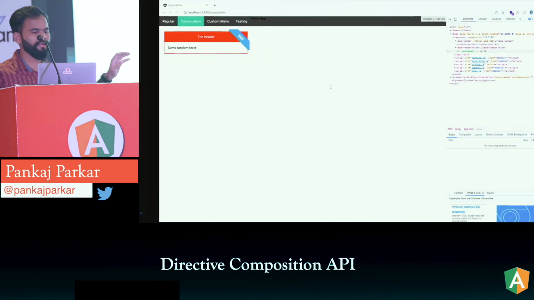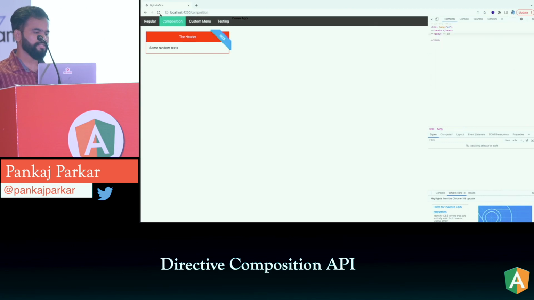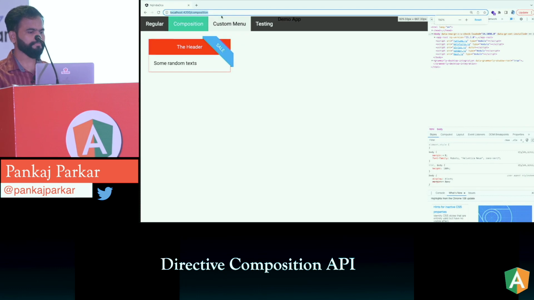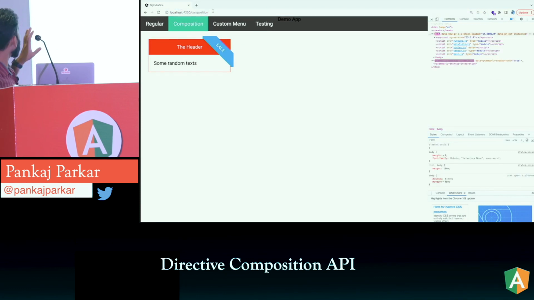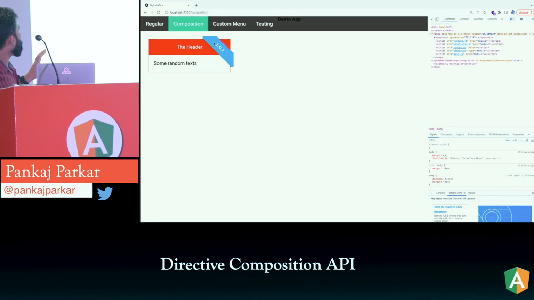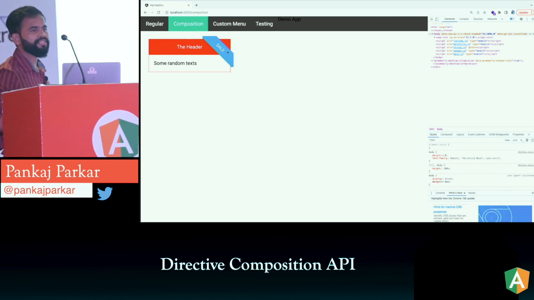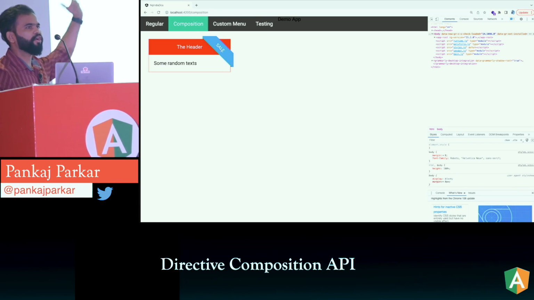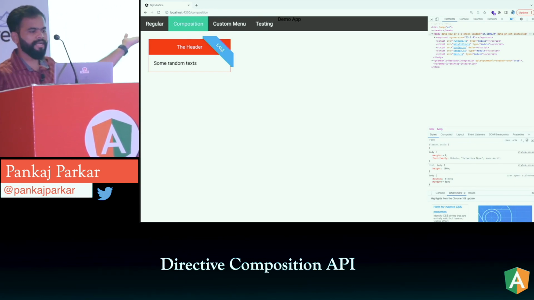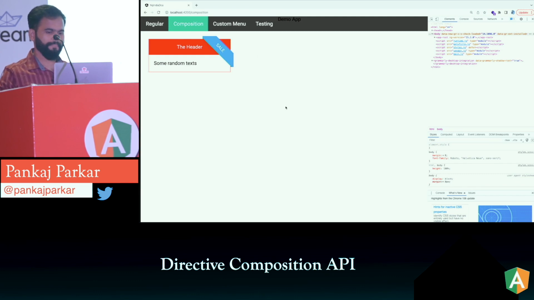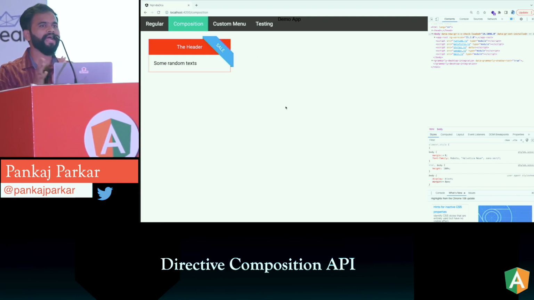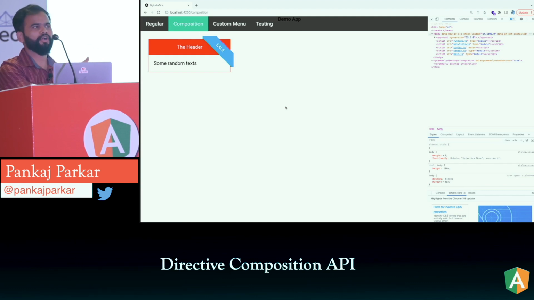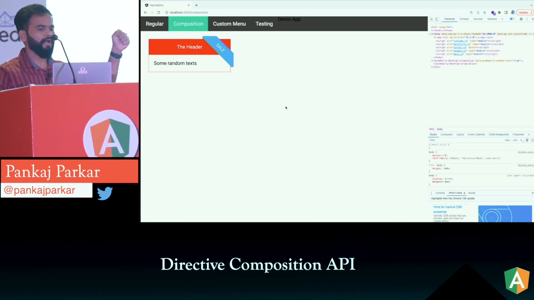I have one Angular application running inside Chrome. Let me bump up the font a little bit. This is a component, and this is the ribbon directive that we just mentioned, where the text appears on the top left or top right corner. Now we are going to look at how to apply these directives in a better, reusable way, or compose something out of them and use them as you go.